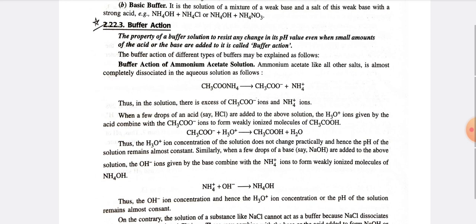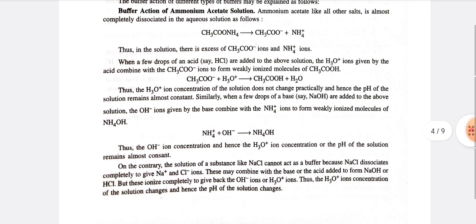Ammonium acetate, like all other salts, is almost completely dissociated in aqueous solution. CH3COONH4 gives CH3COO negative plus NH4 positive. There is an excess of CH3COO negative ions and NH4 positive ions in solution. When a few drops of an acid are added to the above solution, the H3O positive ions given by the acid combine with the CH3COO negative ions to form weakly ionized molecules of CH3COOH. Thus, the hydronium ion concentration of the solution does not change practically, and hence the pH of the solution remains